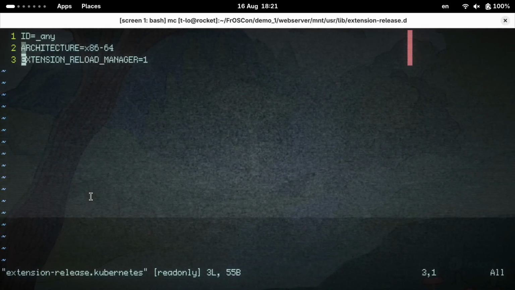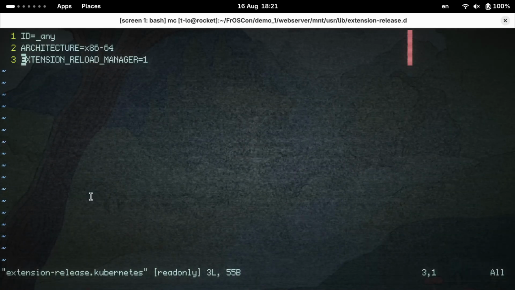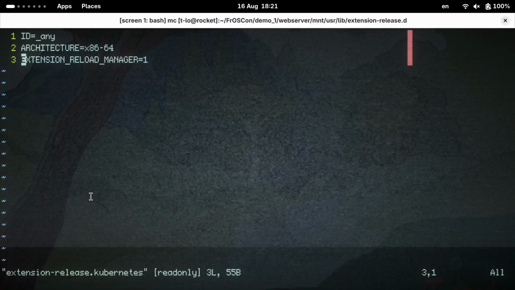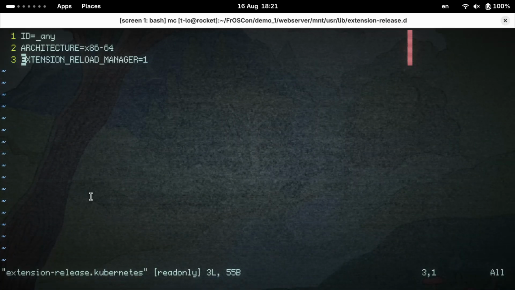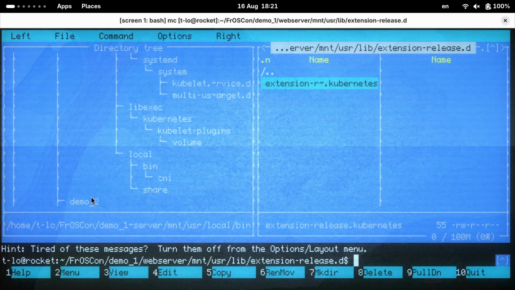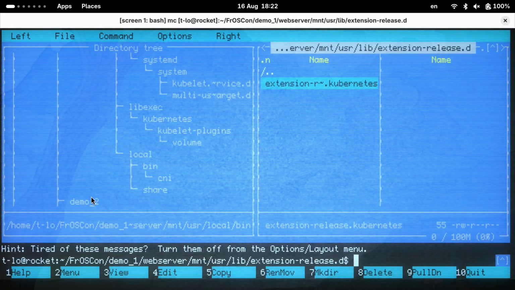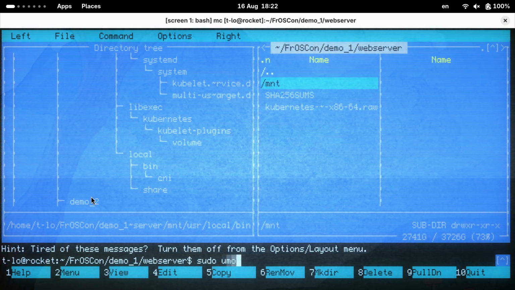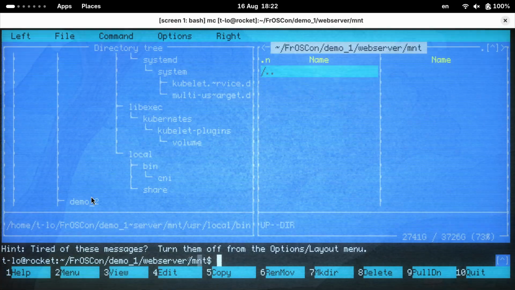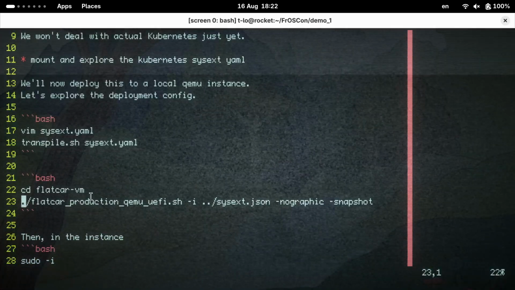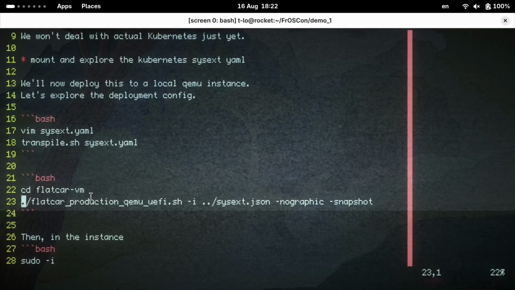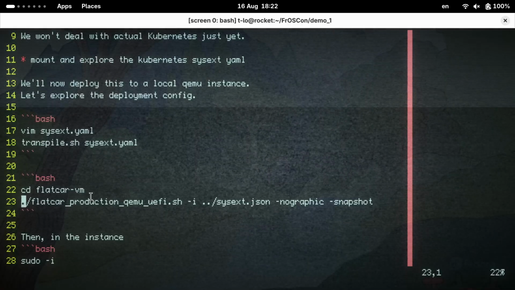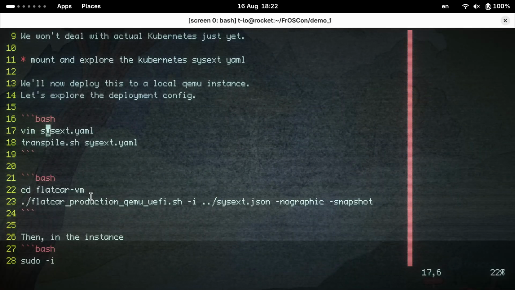We ship an architecture, and we tell systemd to please reload all of the unit files after that file system image, which I just showed you, was merged. So this takes care of starting those kubelet units that I showed you earlier. Now, combining this with Flatcar's way to configure and provision stuff before the instance actually comes up, we can create a very simple